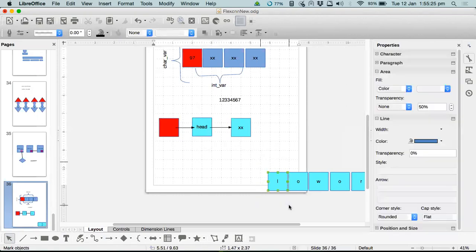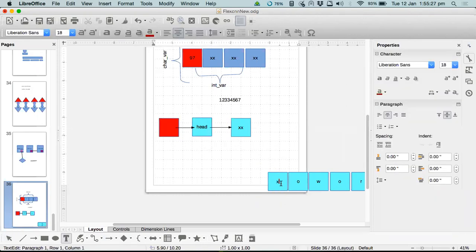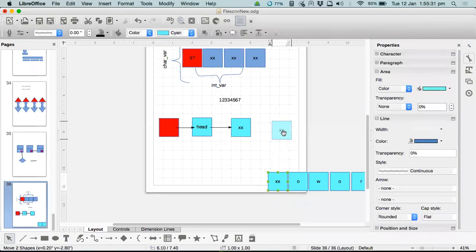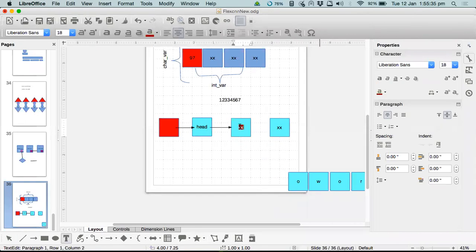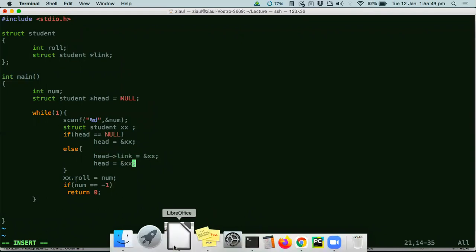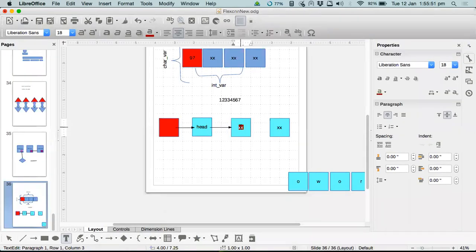Similarly, in the fourth iteration, I will get one more XX, right? And then I will bring it up, right? And then head has moved here now. After establishing the link, which is this line here, sorry, not null. Yeah, after establishing the link, then head will move to that position.